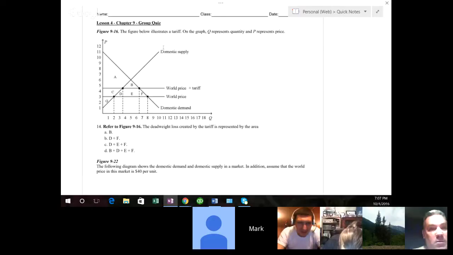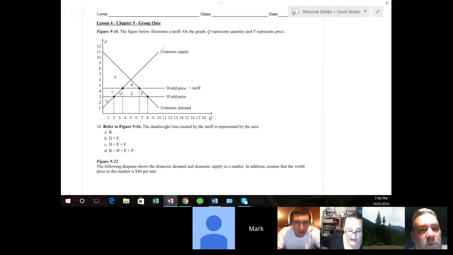Okay. Why'd you choose C? I wasn't quite sure. I just keep flipping through the notes, so I still have yet to fully understand the squares. But D and F are the two sides. Why wouldn't we include the tariff in the deadweight loss? Because what they asked for is just the deadweight loss, not the actual tariff or quantity. So E is the tariff, and D and F is not the tariff. The deadweight loss. Yep, that's what you lose.